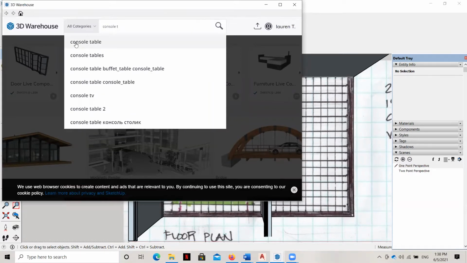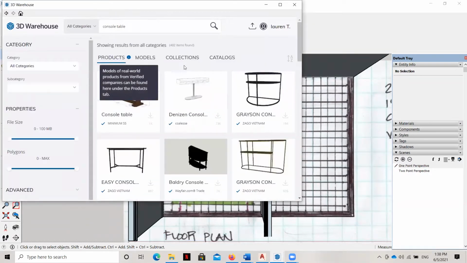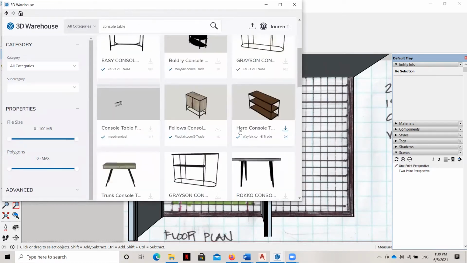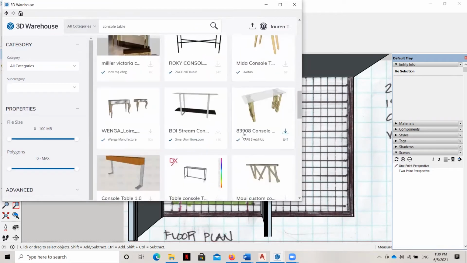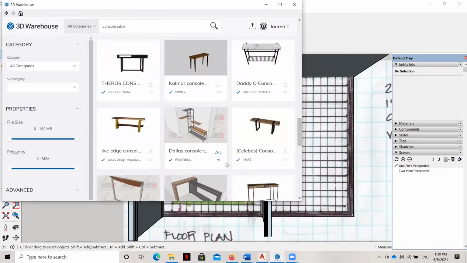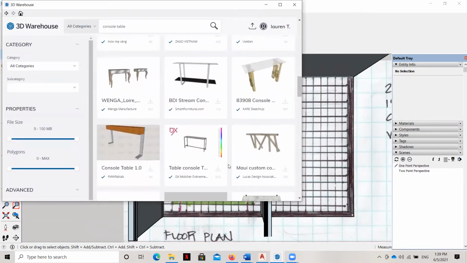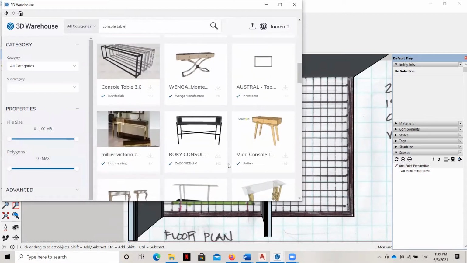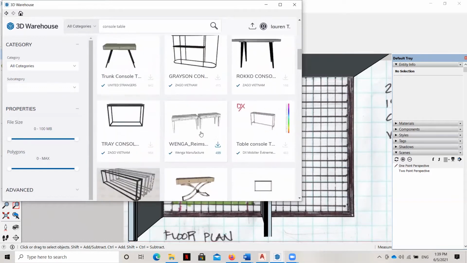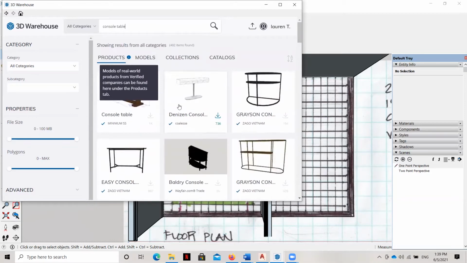Now, keep in mind that the difficulty with using the kit of parts provided in the SketchUp warehouse is that if everybody uses the same ones, when we search for terms like console table, most users are probably going to look at maybe the first 20 of these. And so eventually everybody's SketchUp models start to look the same because we're all using the same kit of parts. But in any case, we're going to stick with this method, knowing that it's not going to exactly represent our design intent, but it's still going to look nice and give an understanding of the space itself.